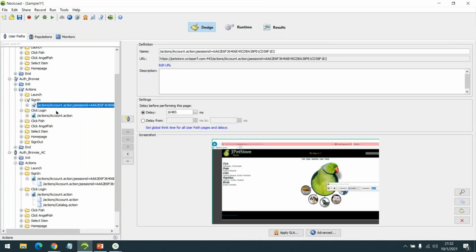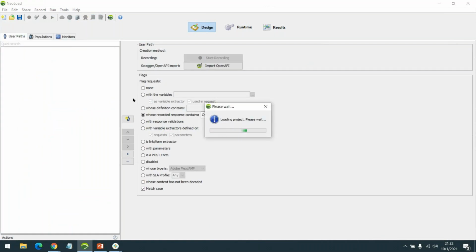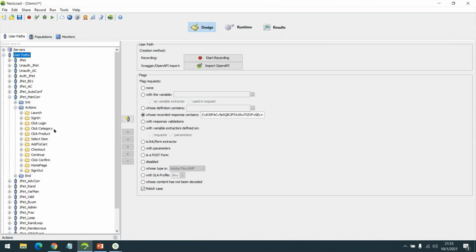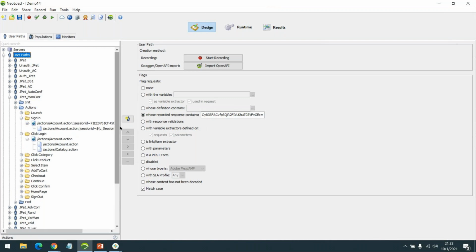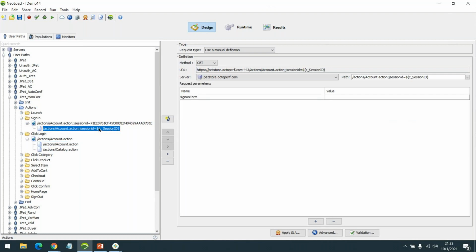So let me quickly show the previous batch's manual correlation, how it is done. I'll give some time for questions, I think a few folks want to ask. If we see this, source page and FP are the two values that need to be correlated, and we found that they are generated from the previous request.